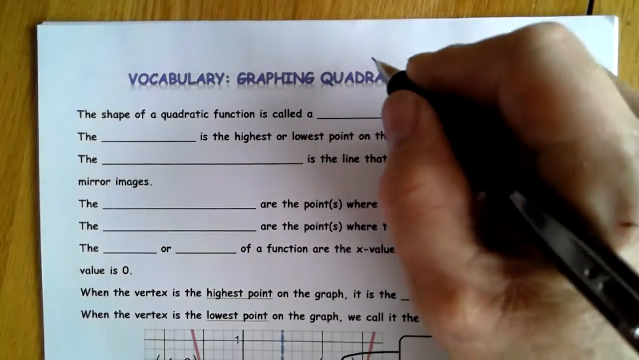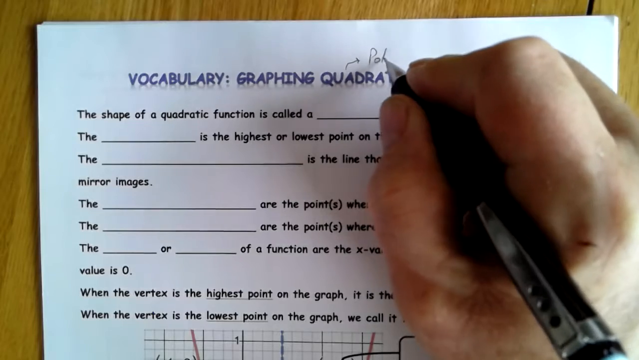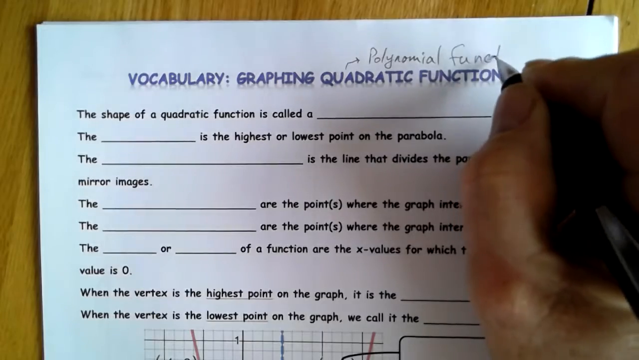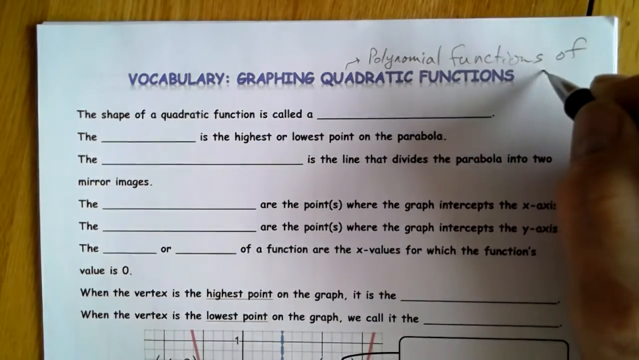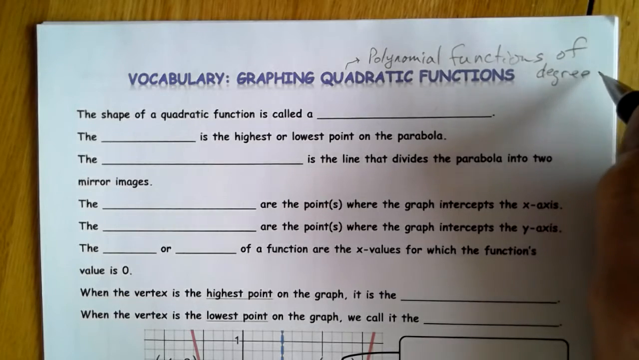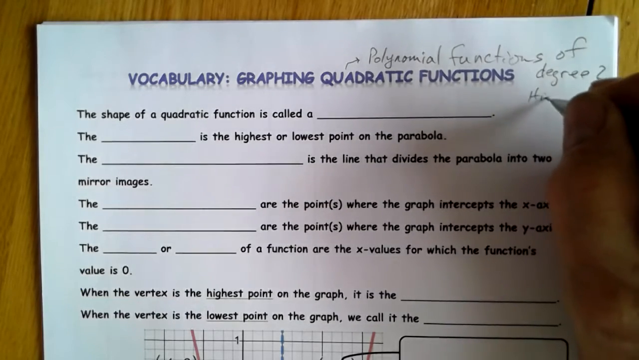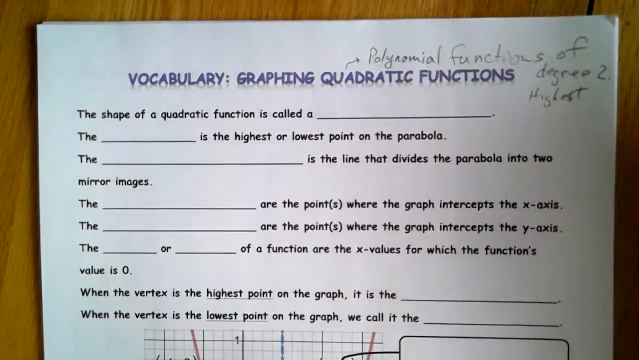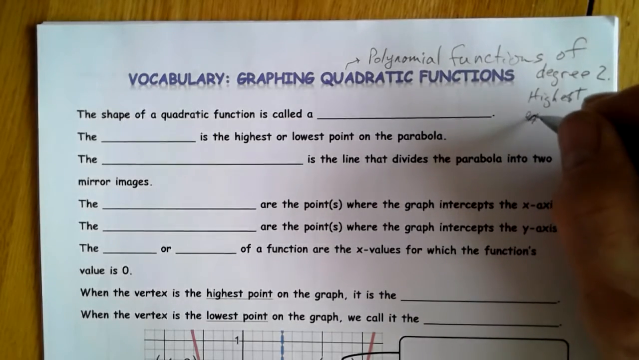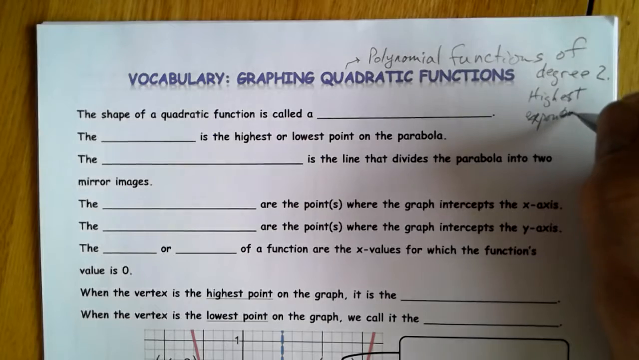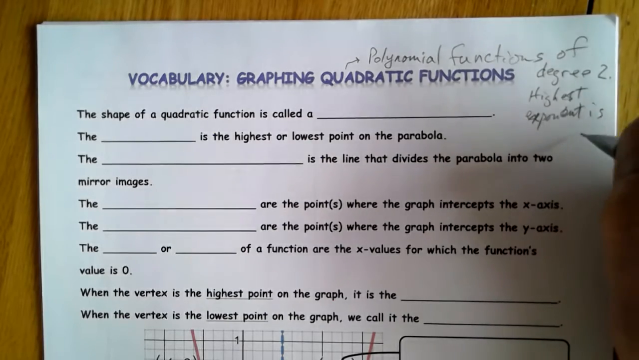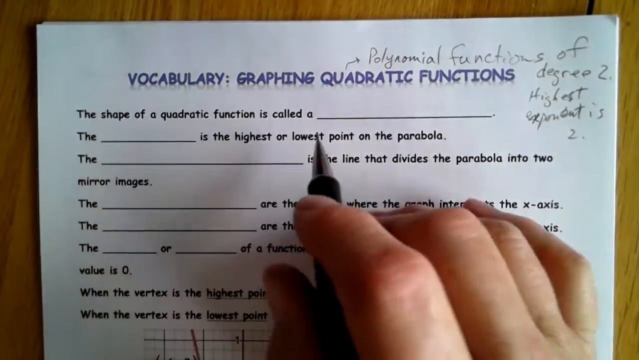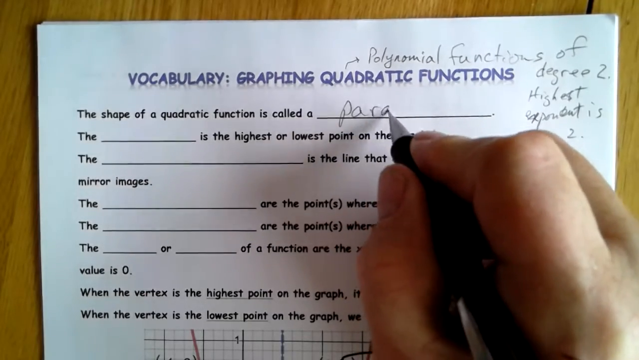And if you remember, quadratic functions are polynomial functions of degree 2. And what does that mean? That means the highest exponent is 2. Okay? So the shape of a quadratic function is called, and you all know this, we've learned it,